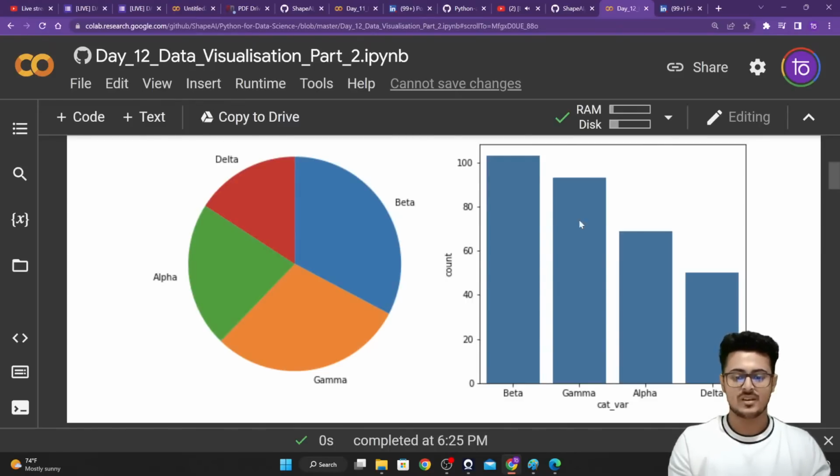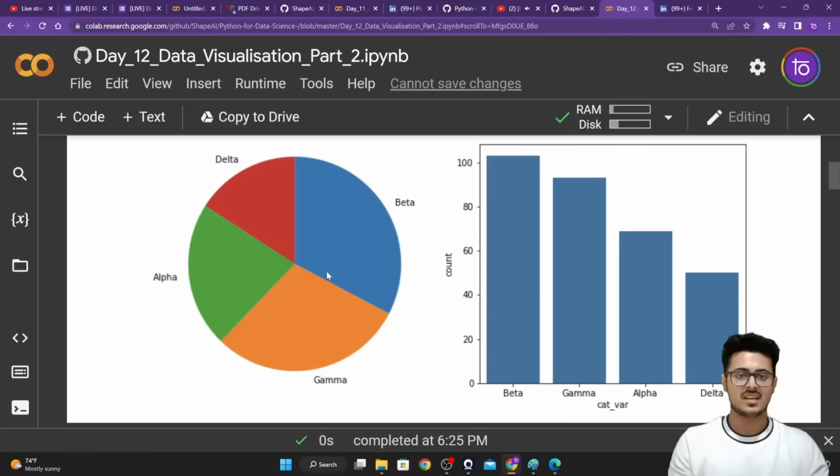Right over here, as you're able to see, this is an example pie chart. A pie chart can be represented as a count plot as well. On the right hand side, you are able to see a bar graph, a count plot, of the same information that is represented as a pie chart on the left hand side. Sometimes pie charts are very hard to understand. We are able to see that beta is the largest, then comes gamma, then alpha, and then delta. This is the kind of differentiation that is there, but usually it will be pretty hard to spot.